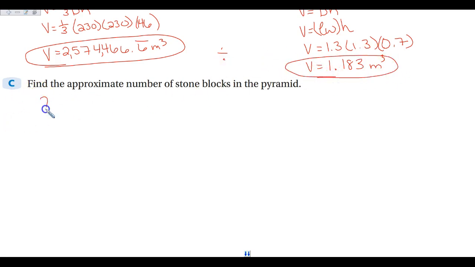Okay, so I'm going to do that: 2,574,466.6 repeating, which I have left in my calculator. So again, then I can be a little more exact, but it's not going to matter quite as much here because of where we're rounding to. And then I'm going to divide this by 1.183. All right, this is going to give me